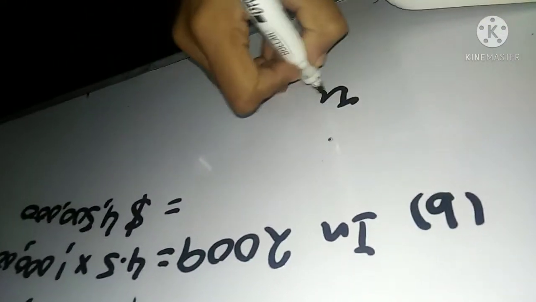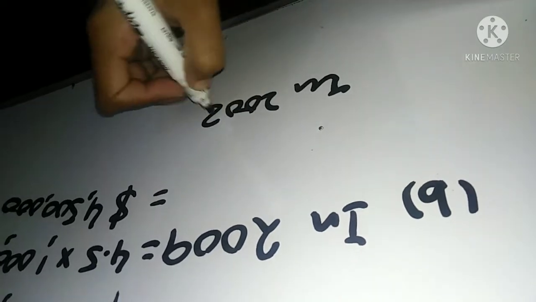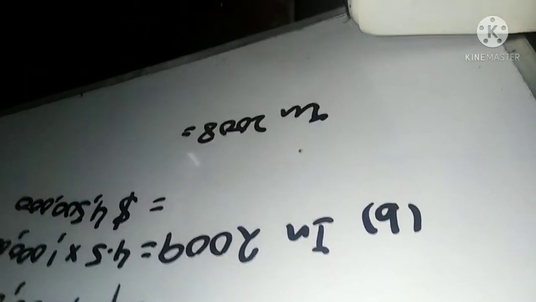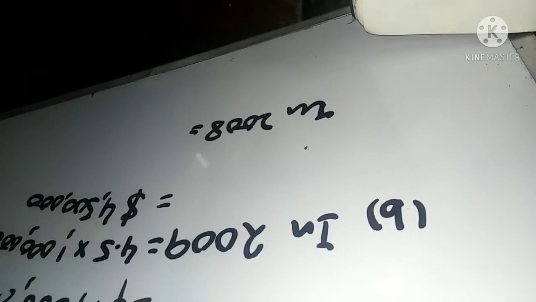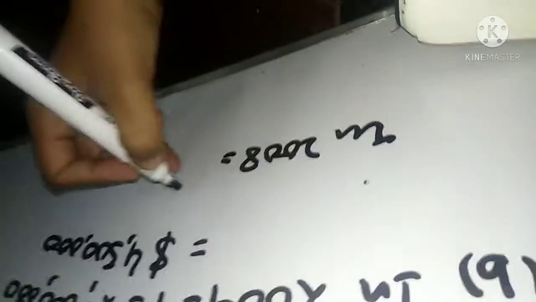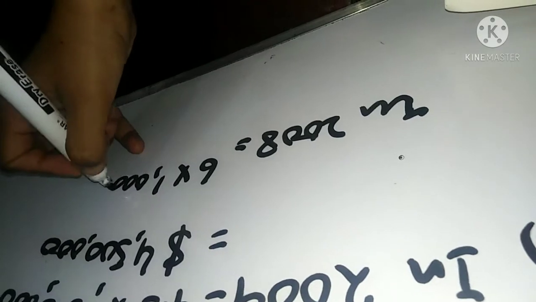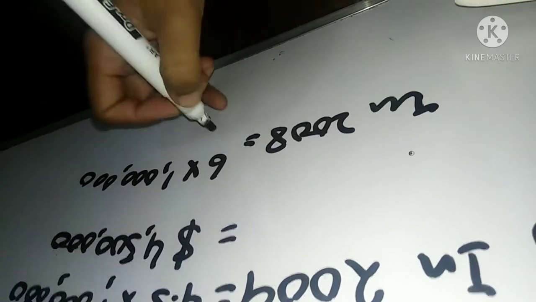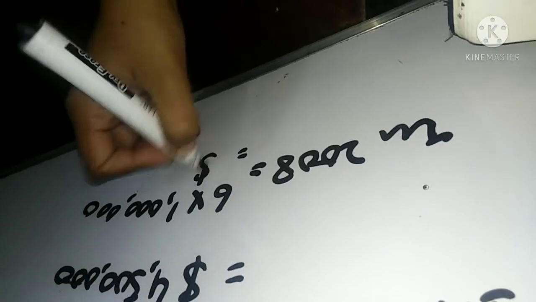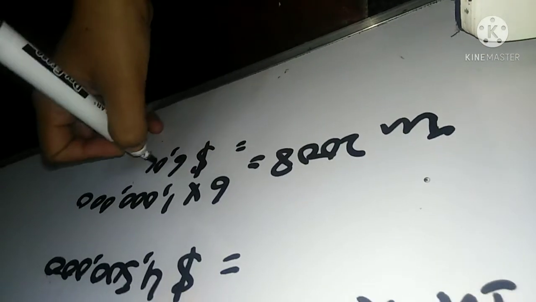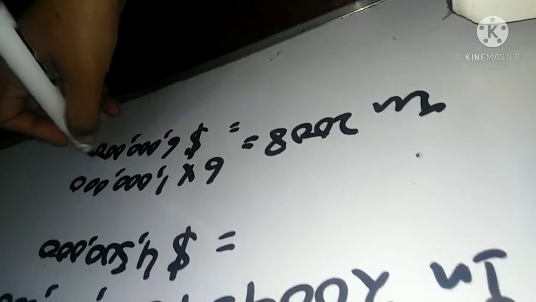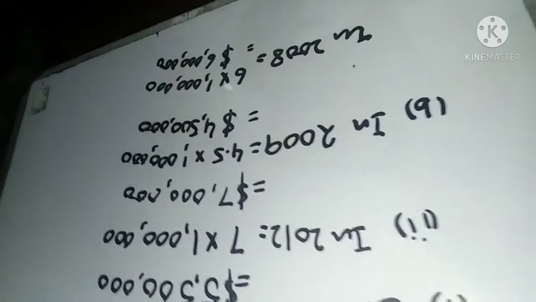Okay, in 2009 the profit is $4,500,000. Now you have to compare how much more profit is earned, or how much profit has decreased, as compared to the previous year. So for the previous year, 2008, we'll find the profit. We'll multiply the number of sacks with $1 million. In 2008, 6 sacks are given. So when you multiply 6 with 1 million, you will get $6 million.